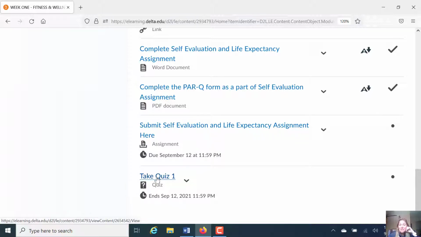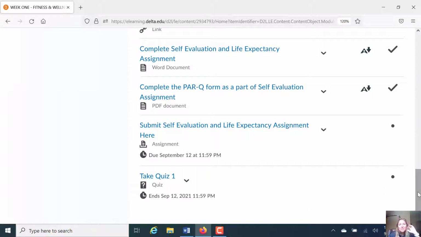And then lastly, this week, you're also going to take quiz number 1. Now, all the quizzes in the class are going to be timed. Okay, so you have 30 minutes to take the assessment. They're 20 multiple choice questions. So make sure that you are ready to take it when you click on the link, and stay within that time frame that's allotted for each assessment.